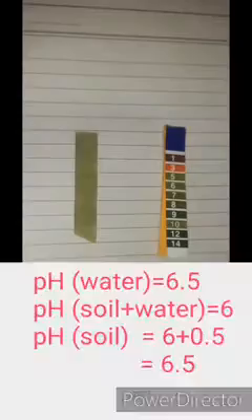So to start the experiment, obviously we need to collect some soil. Then we have to mix the soil with some water in a particular container. Stir the soil with water efficiently. Now take the pH paper and put into the sample and then wait for the pH paper to dry. Observe the color with the pH meter, and here I got the pH, that is 6.5.